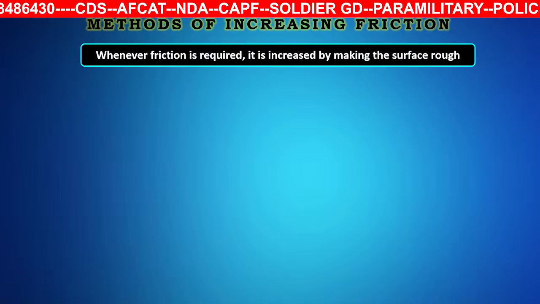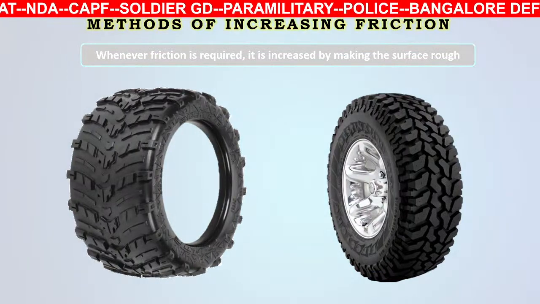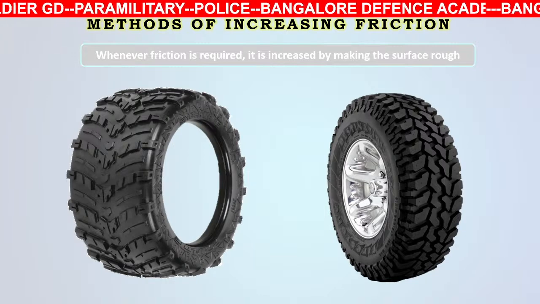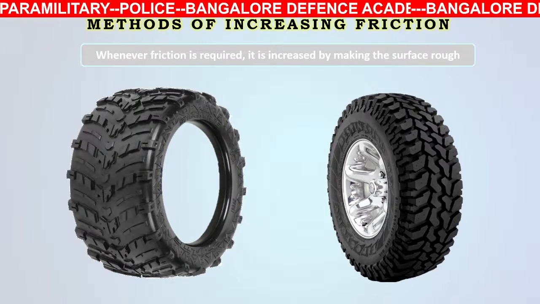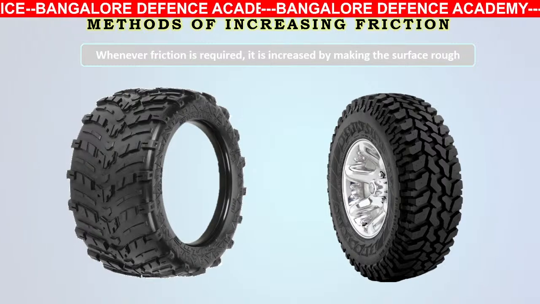Methods of increasing friction. Whenever friction is required, it is increased by making the surface rough like this. When I require more friction, imagine this is a tractor tire. The tractor tire has this kind of treads. This is called treads. Okay, next,